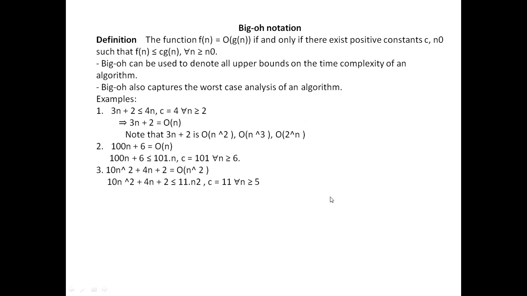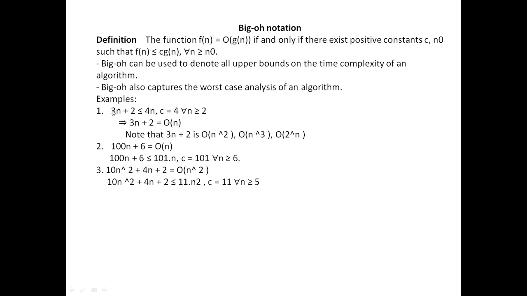Initially, when the input size n is low, the complexity is less. Okay. When n increases gradually, the complexity function f of n will be upper bounded. With that understanding, you see here, this big O notation is used to denote the upper bound of the given time complexity. Okay, look at this example here.